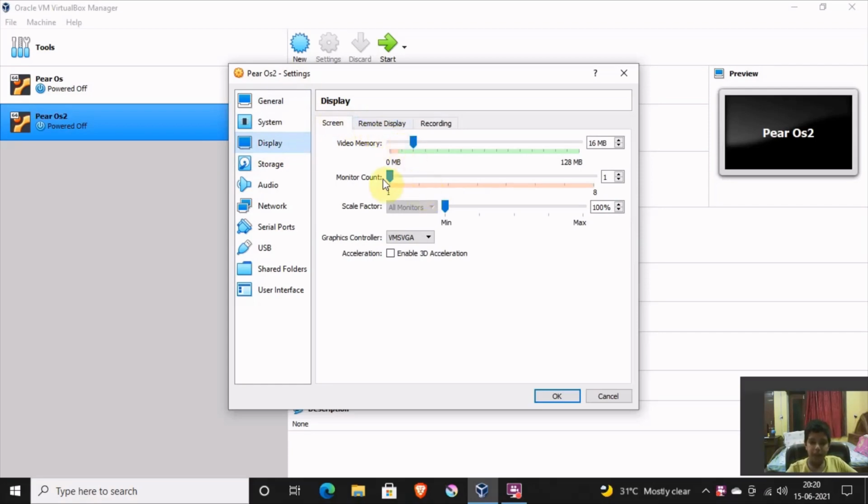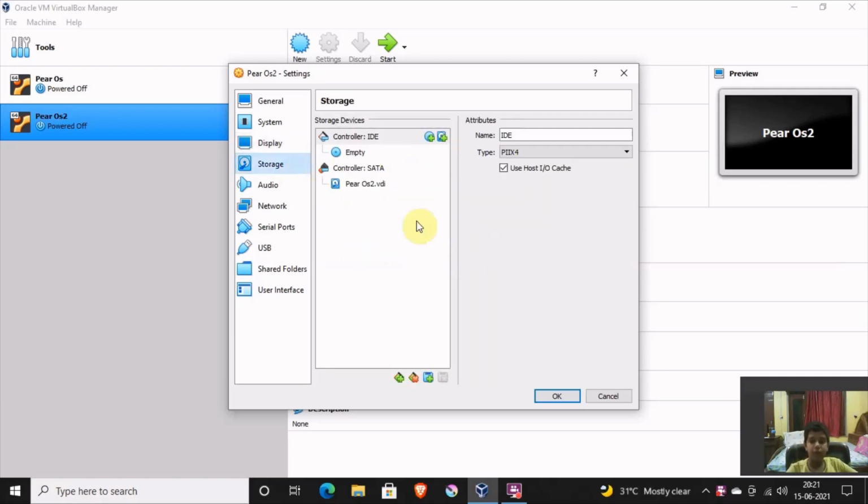Here, in the monitor count, you have to go to the value 8. After that, in the video memory you have to go to the maximum, 256. This would seriously boost the system. So don't check this box, enable 3D acceleration. This can give bad graphics for your operating system. It will show blank text like squares and other things.